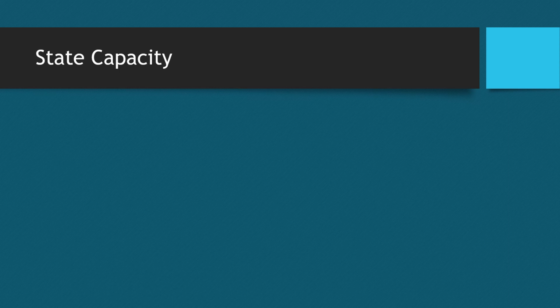Okay, now we'll move on. Now that we kind of have more of an idea of what a state is, let's talk about a very important concept when we look at states, and especially when we compare them with each other, which is the concept of capacity. So capacity is defined as a state's ability to achieve its goals. So in other words, think of what goal a government might have. A government might have the goal of having a strong military, maybe of defending its borders. Maybe a government has a goal of providing a social safety net for people by creating a system of taxation